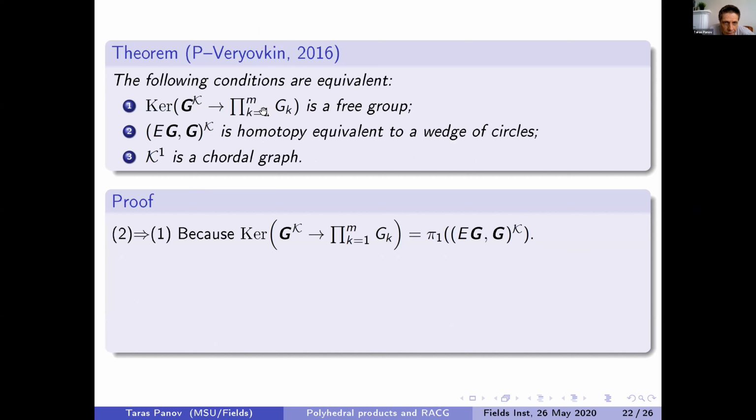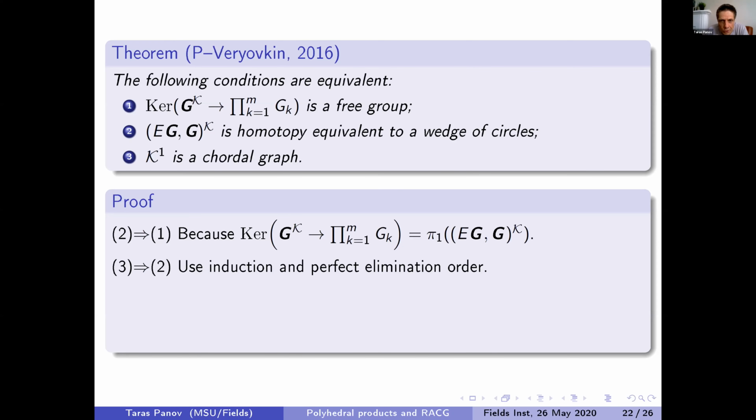So well, that's not a very complicated statement, but it uses both approaches to chordal graphs, and it uses some results on polyhedral products. So just to outline how nice it is, the ideas are very simple here. The 2 implies 1 is just because this is the fundamental group of this space, right? So if it's a wedge of spheres, then it's a free group. Now 3 implies 2. Then you need to use the Barry, Bendersky, Cohen, and Gitler decomposition of the polyhedral products into wedges, and some results of Grbic and Theriault,